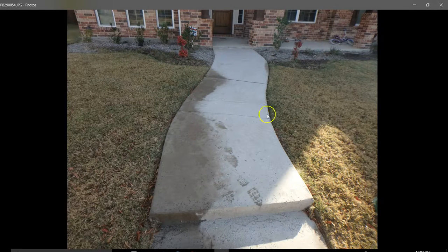It will cause that crack to just get worse and worse. So they need to either seal it or they can replace the whole thing. Okay. They just cut it here and redo it. Now, if they do that, it's going to be a different color. Oh. But so